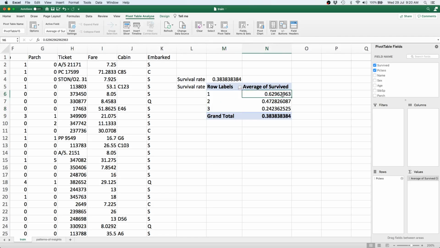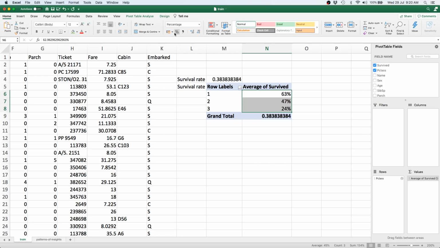So this is fairly significant, and it's also fairly depressing in a way, because what this means is that of the people who were there in the first class, for every 3 people, roughly 2 of them survived, whereas in the second class every 1 out of 2 people survived, whereas in the third class 1 out of 4 people survived. So there is clearly a significant distinction between the survival rates of the different classes that were aboard the Titanic.